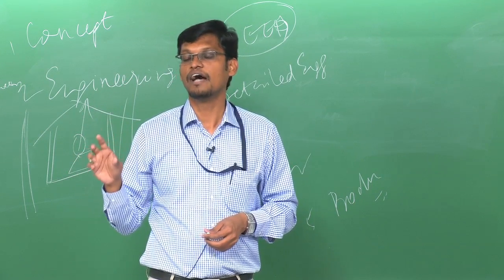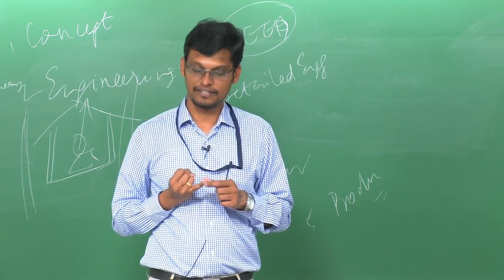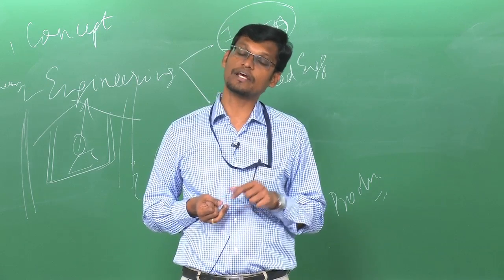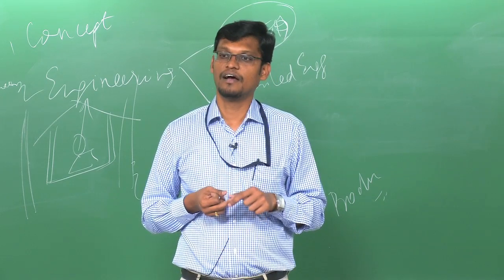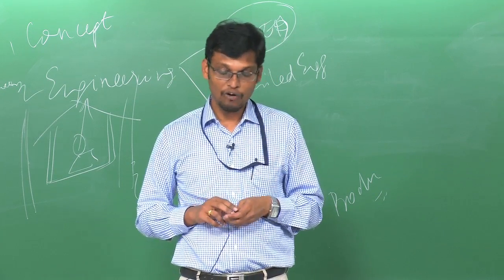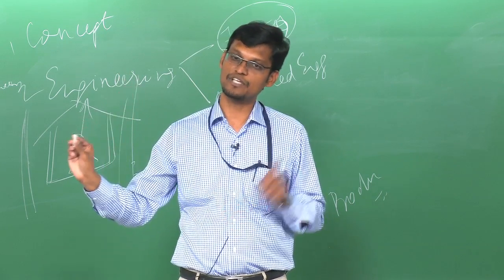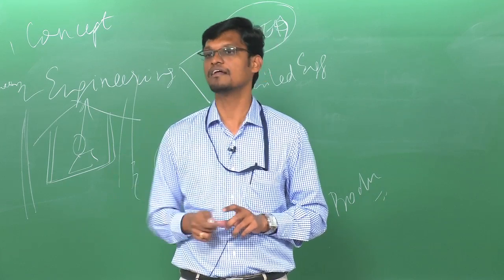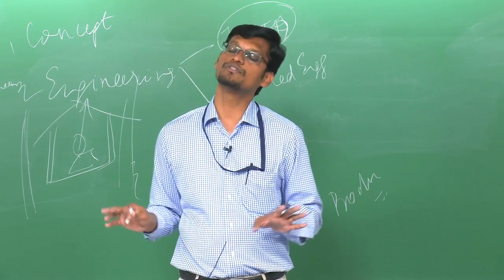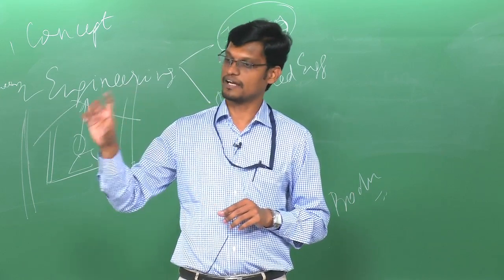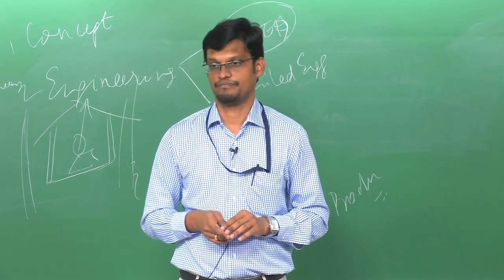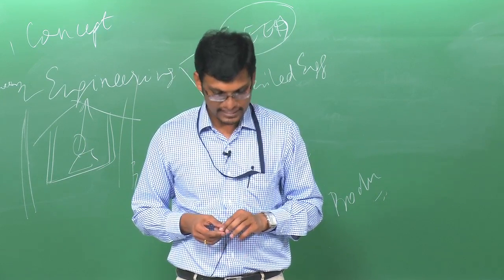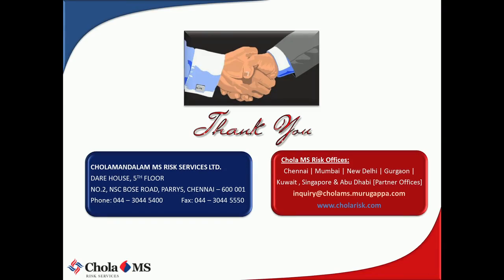Right from how you select the type of control room, how you locate the control room, how you locate your critical structures within the plant, and today the government gives approval for a new facility based on the risk analysis report. If the risk analysis report says the risk is unacceptable, the industry is not permitted to be set up unless certain controls are in place. Okay. So this is what I have, largely, on what PHA is all about.